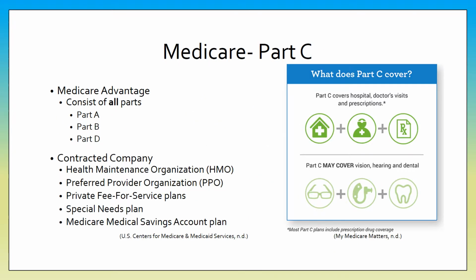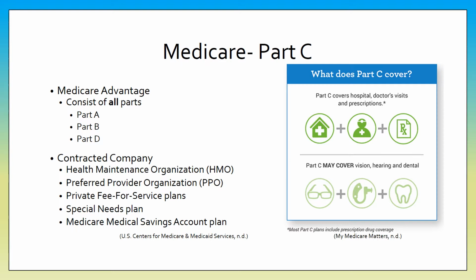Part C, or the Medicare Advantage Plan, combines all coverage types: hospital insurance, medical insurance, drug coverage, and often offers other coverages like dental, vision, and hearing. With the Medicare Advantage Plan, the coverage is provided from a contracted company, and the beneficiary can choose from a health maintenance organization, or HMO, preferred provider organization, or PPO, private fee-for-service, special needs plan, or Medicare Medical Savings Account